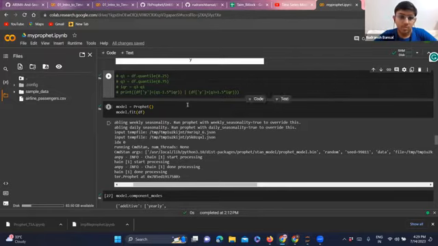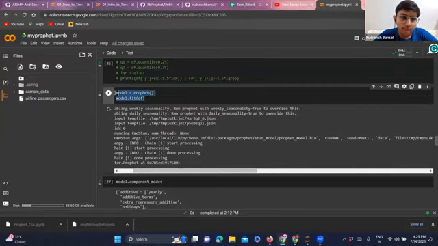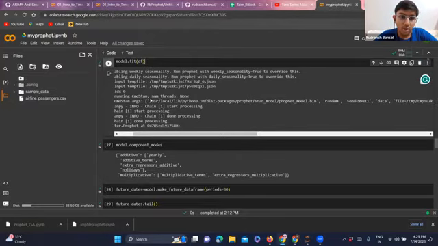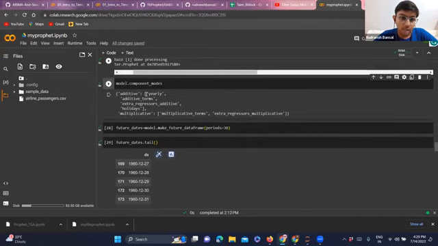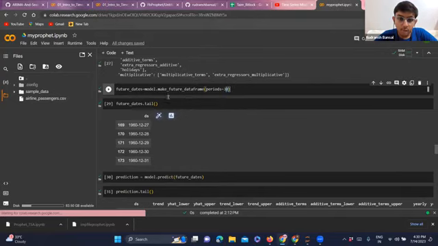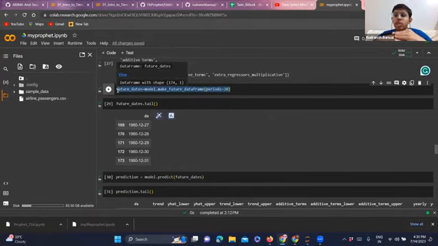And so on. Using the Prophet model is as simple as model equals Prophet. Done. The Prophet model is called. Now you just need to fit your data frame on that model. These are the components which we have: yearly, additive terms, regression, and you can take into account the holidays. Here I'm not including the holidays, but you can also have the holidays into account. You can make some future data frames because your data frame is limited to 14 July 2023. So we can have it for the next 30 days.